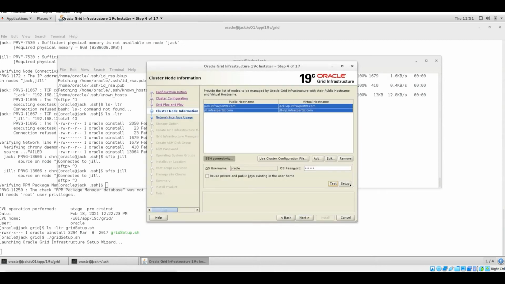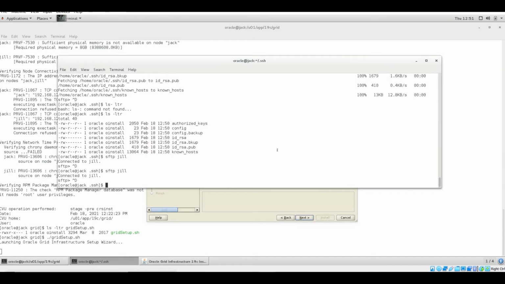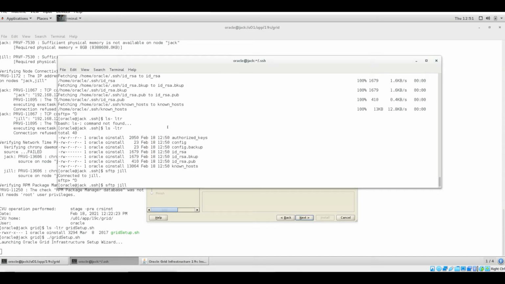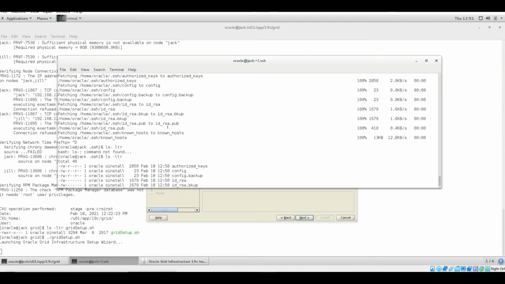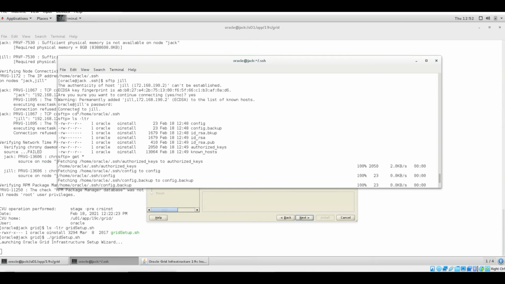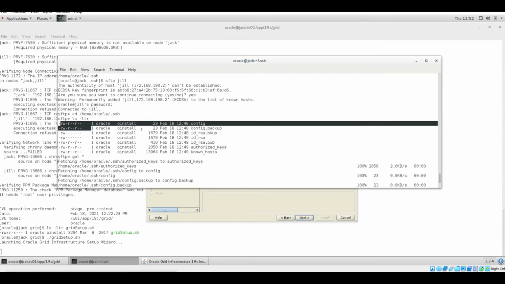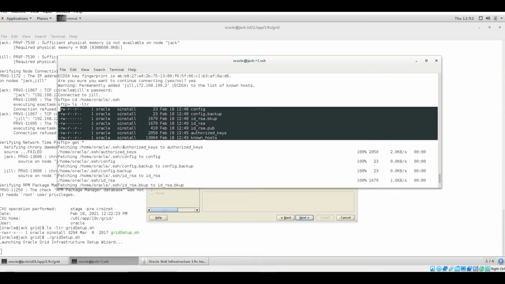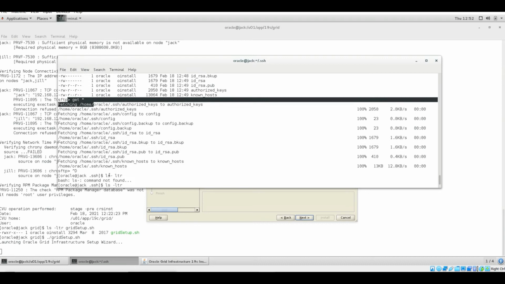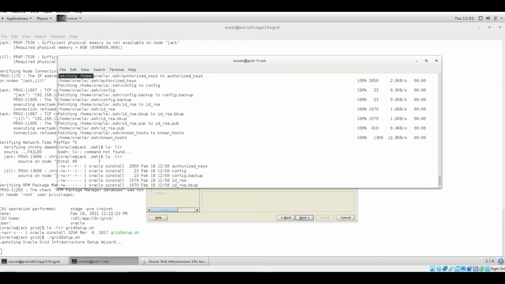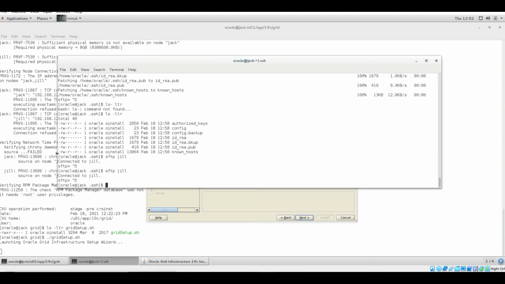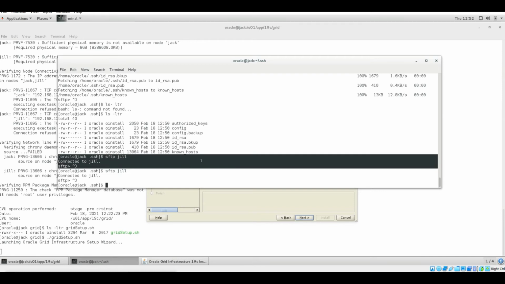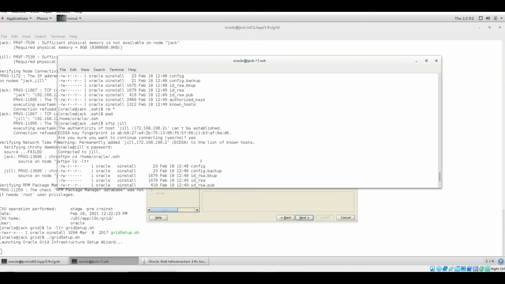I tried all methods, but it was still failing. So what I had to do, you can see in here, I paused the video while I was doing it. I went to home oracle .ssh and I deleted all the files in here, and I brought the files from my node 2 in here, and then I tried testing the connections. Afterwards I tried connecting and it was able to connect.